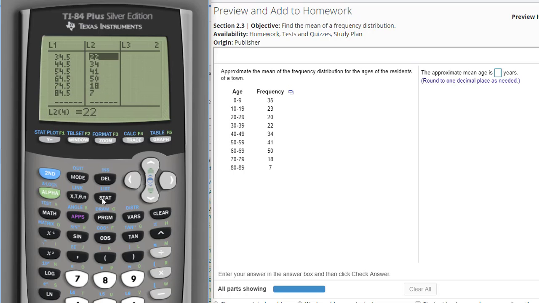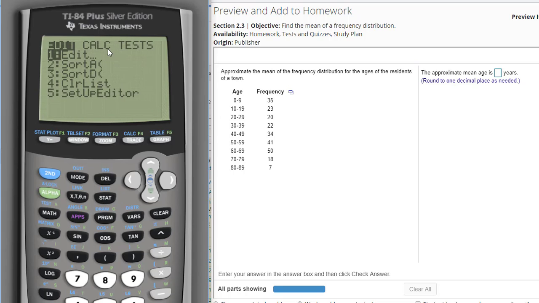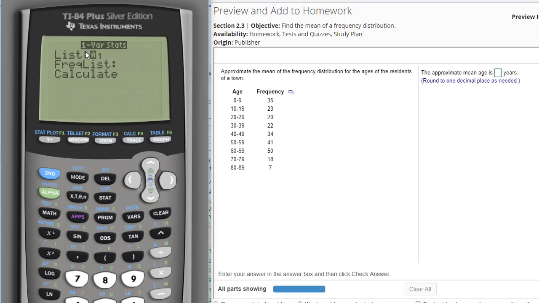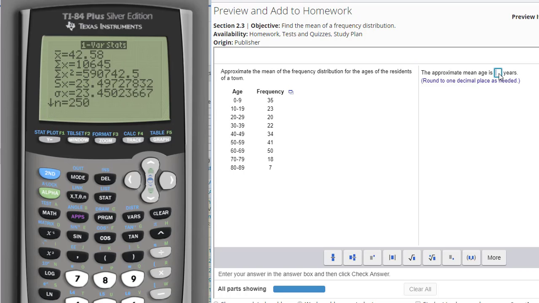Now hit the Stat button here, and go over to where it says Calculate. You want to do number 1, the 1-Var Stats. And list 1 was where we put our class midpoints. Where it says frequency list, though, most of the time you leave that blank. But since we have 2 lists that we're going to be pairing up, we'll put frequency list as list 2, and then hit Enter. The mean for this frequency distribution, and remember it's an estimated mean,